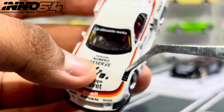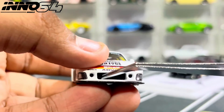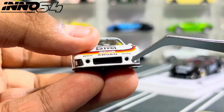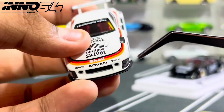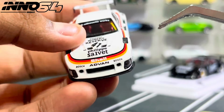You do have some vents here and there, which are pretty cool. And then yeah, you do have the front grille right here. I forgot to mention that. I believe these are like their headlights or fog lights or rain lights or whatever. And you do have this not really too long front splitter at the front right here, which is cool, not